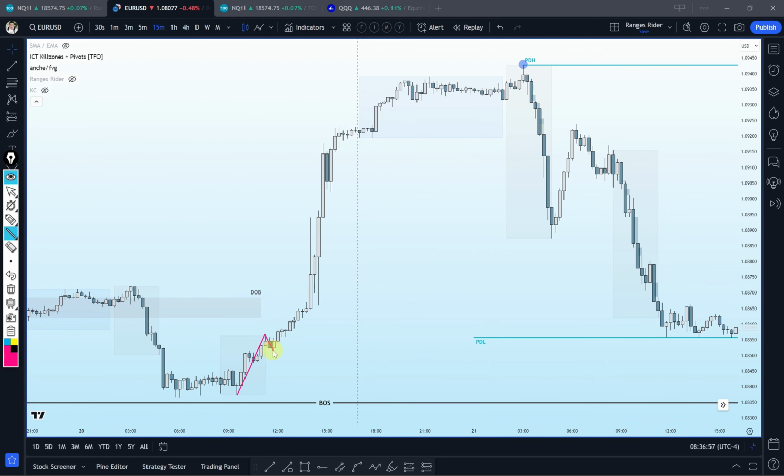What we will find first is the strong low, and this is the strong low. And then the market, we are looking for a weak high,